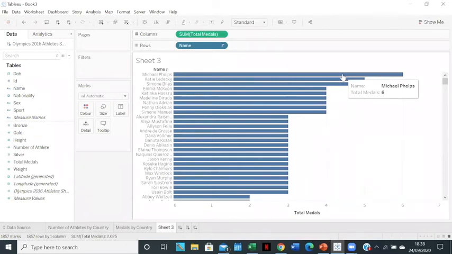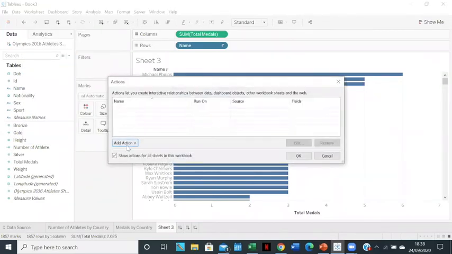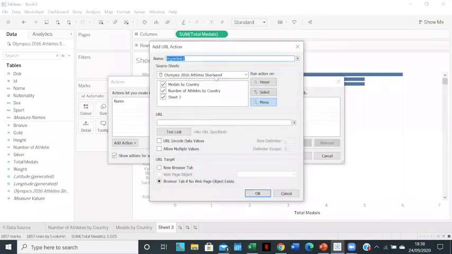The last feature I want to add to this is a link to each of the athletes' Wikipedia pages. You can do this by adding what's called an action. So if you go up here to worksheet and click on actions, we can hit add action. There's a load of different types of actions you can add, but that's a bit more advanced, so I'll just stick with this. Go to URL, and we're going to name this. The name of the action is what's going to appear in the tooltip when you hover your mouse over each athlete. So I'll call this "click for further